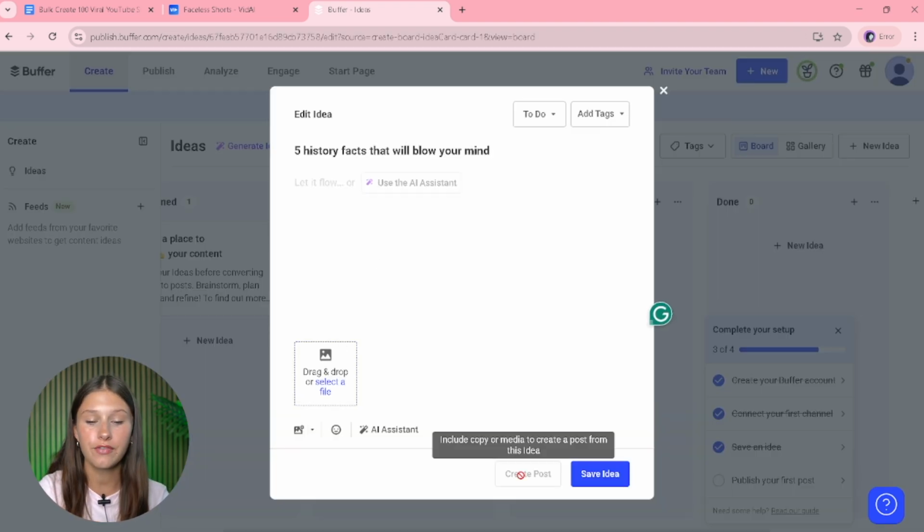Once you have a video idea, you could click on that and add a file. Once you add the file, you are able to create a post and it will link it to your YouTube channel, so you don't even have to go to YouTube to post it, which is pretty cool because then you can do all of your planning just in one space. This way you can see your whole week at a glance or even a month.